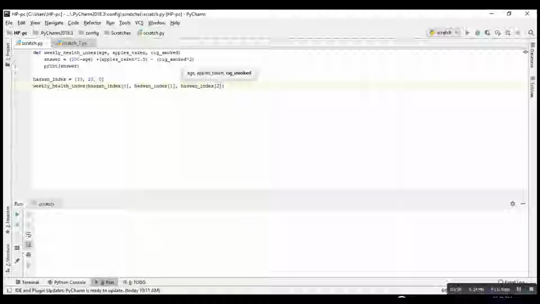So when I run this function, it will show an index between 100 to 200. So it's just an index showing